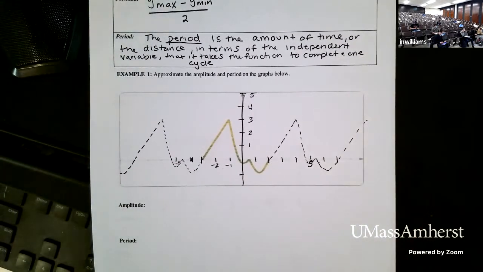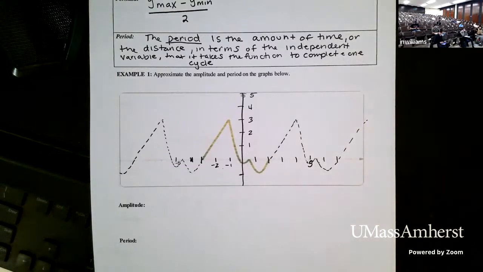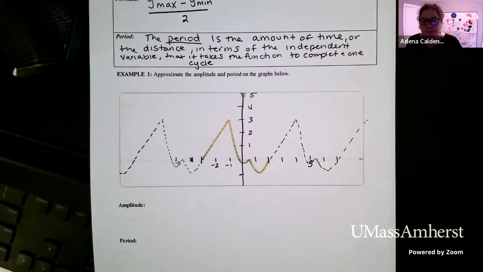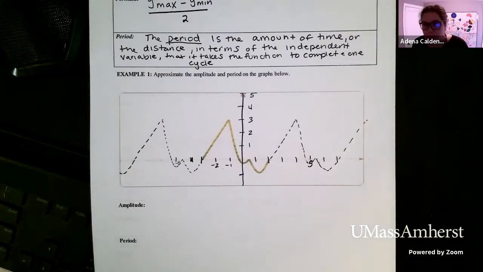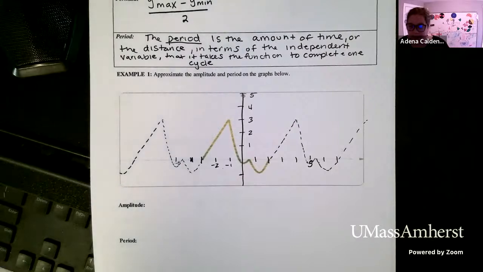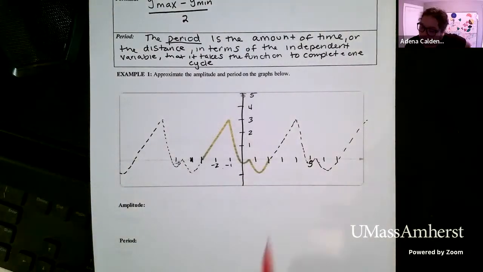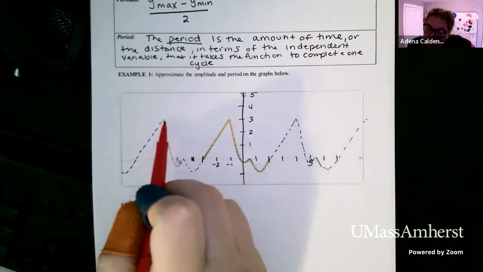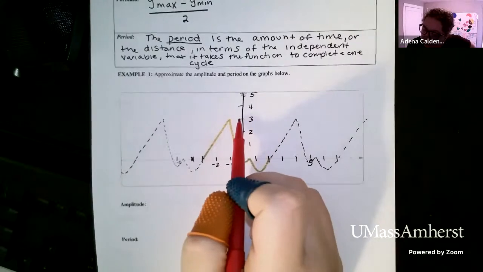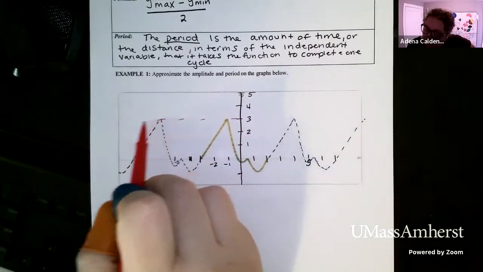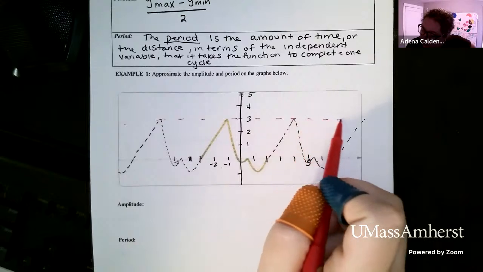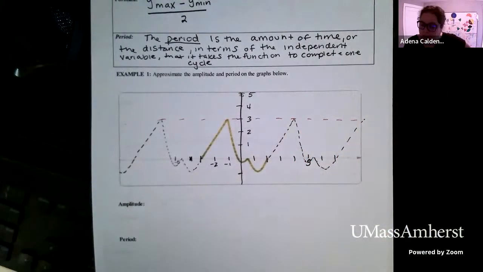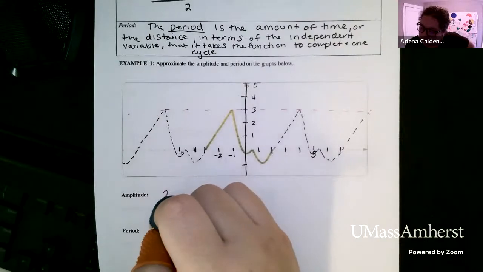All right, so let's go through this. It's our first one. Since we've never done this before, it's totally fine if you were not entirely sure what to do. So we'll go through this one pretty thoroughly so you have a good idea of how we're applying this. For the amplitude, we want to start by finding the maximum y value. So we're looking at these peaks to figure out how high they go. And what we see is that the maximum y value here is going to be 3, because it goes up as high as 3. So here we have 3,